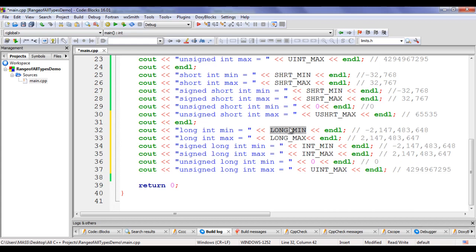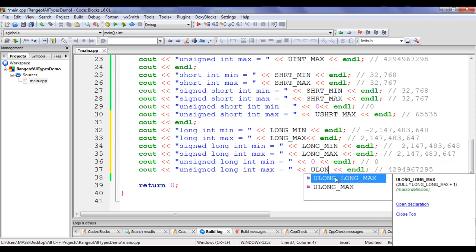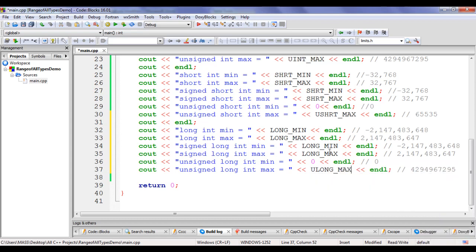I use the same LONG_MIN here, I use the same LONG_MAX here because long int and signed long int, they both are the same. And unsigned long int min I say 0, unsigned long int max I say here ULONG_MAX,